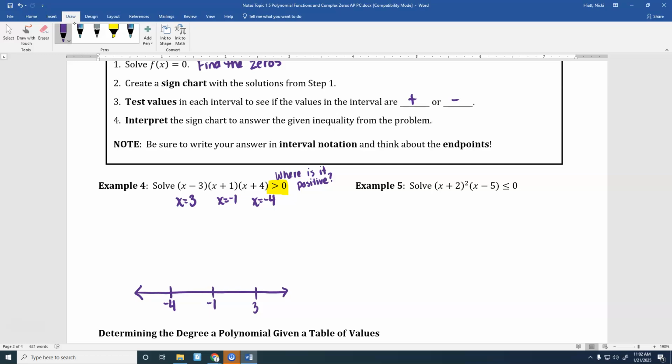Now, you got a couple options for how you can do this. You can make a full-blown chart, which is what I prefer, or you could just test points. Okay, so let me show you what that looks like for both. All right, so if I just want to test a point,